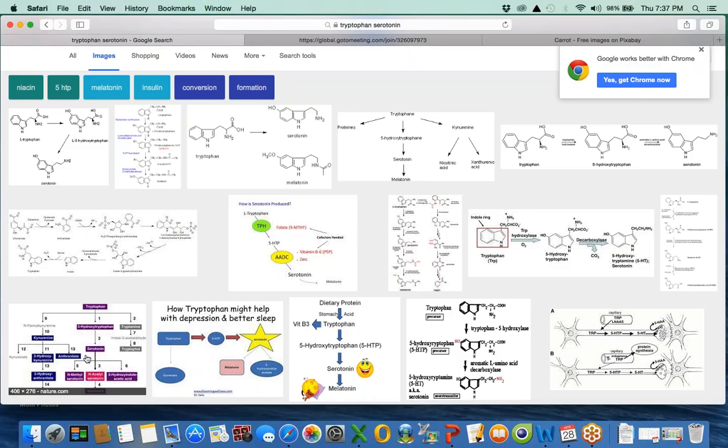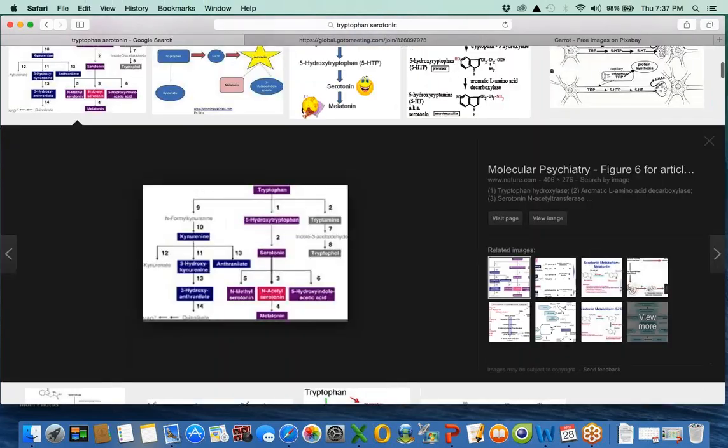Especially here, this is a great image, okay, but where does it come from? It's on nature.com. They didn't put a copyright on there, but basically if you just take this and put it in your PowerPoint, you are stealing somebody else's image